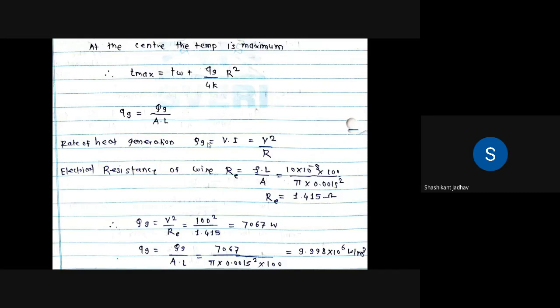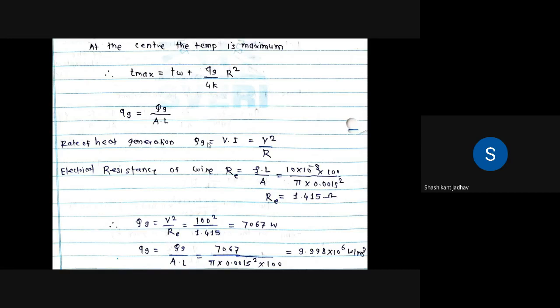समजले का सगळ्यांना? आपल्याला टी मॅक्स कॅल्क्युलेट करायचं आहे, तर आपल्याला टी मॅक्सचं इक्वेशन माहिती पाहिजे. तर त्याच्यामध्ये कुठल्या क्वांटिटीज दिलेत आणि कुठली क्वांटिटी अननोन आहे. तर याच्यामध्ये आपल्याला क्यूजी फक्त अननोन होती. तर कॅपिटल क्यूजी इज नथिंग बट स्मॉल क्यूजी अपॉन व्हॉल्यूम. So capital Qg is nothing but heat transfer rate, and that is nothing but power. So what is the formula for that? Power is nothing but voltage into current, or V square by R.